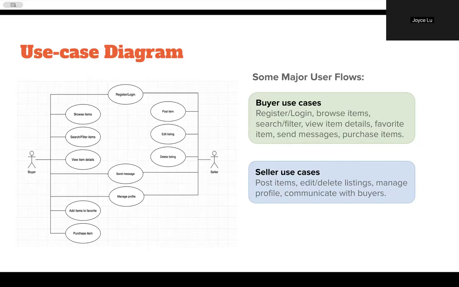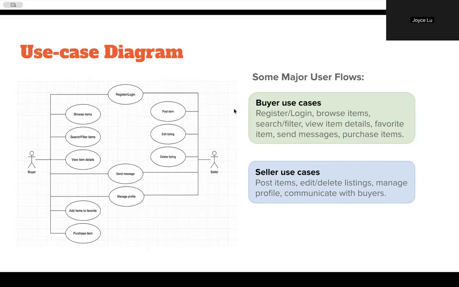And from the seller side, the main use cases include posting an item, editing a listing, deleting a listing, managing profile, and communicating with buyers. So this allows sellers to create and maintain their clothing listings. Overall, the use case diagram helped me define the main features before implementation and make sure the app supports both